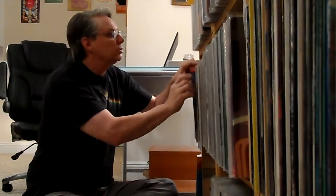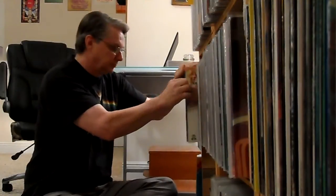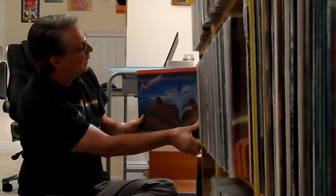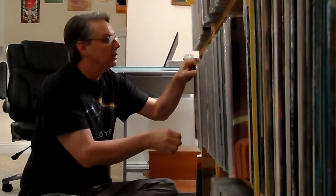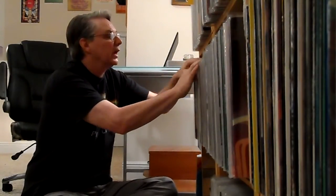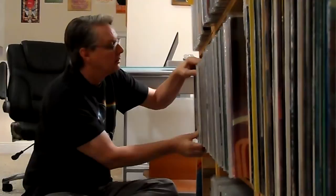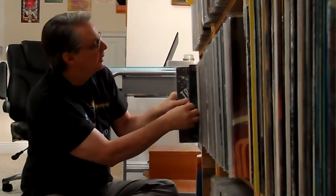Okay, and then of course Al Stewart. I've got both those Al Stewart records on the older Mobile Fidelities. They both really sound nice. Those are both Time Passages and Year of the Cat. Those are really good. And then I still have, I had a bunch of these Stranglers records, but I still held on to this one. I think this is the best one they did. And then again,